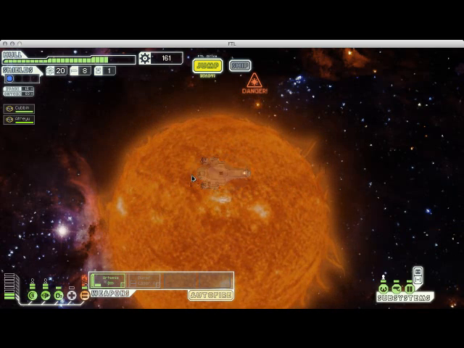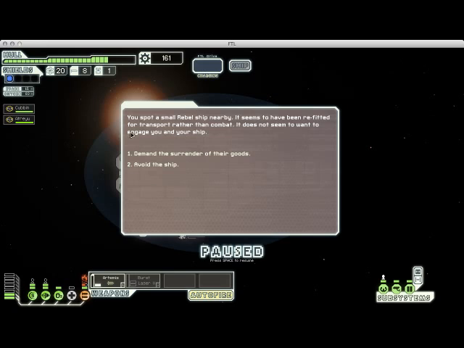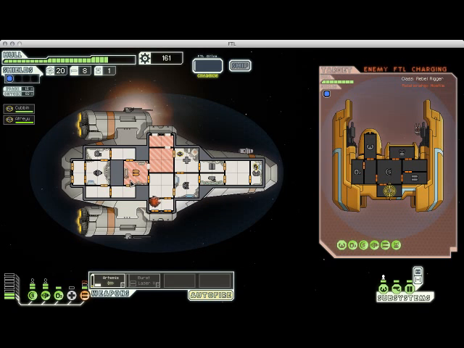Still haven't found a store, but hopefully we'll find at least one before we have to leave this sector. Here we come across a rebel transport ship, and we're going to demand the surrender of their goods because we want those goods. The bad news is they immediately start charging their FTL drive, so they're going to try and jump away. Hopefully I'll be able to at least get a missile off before my weapon...